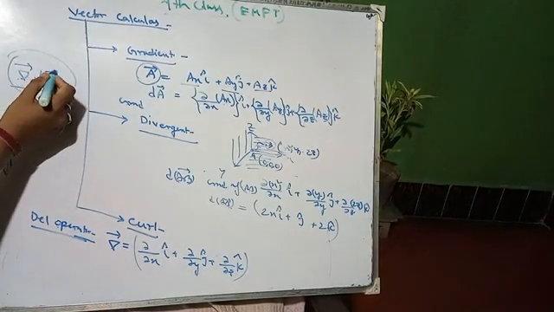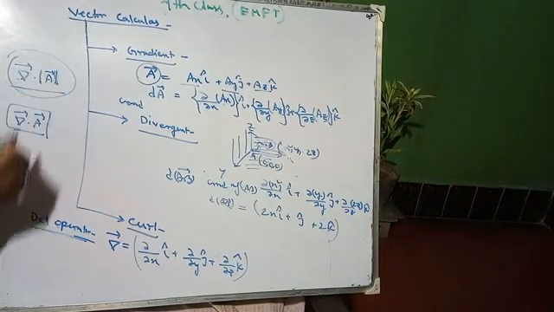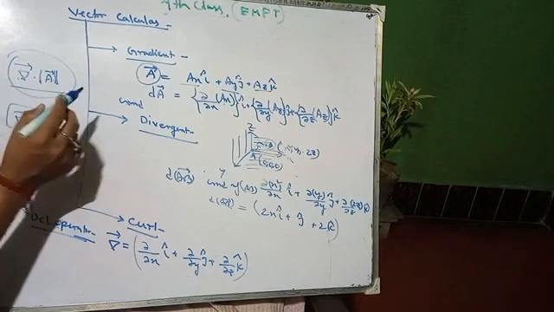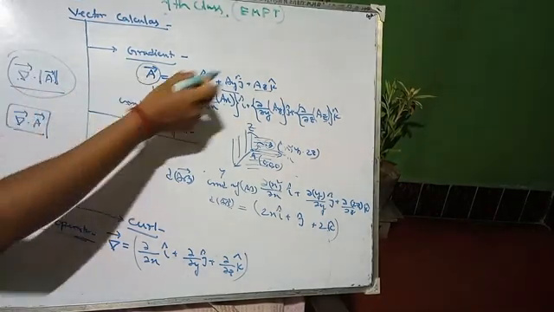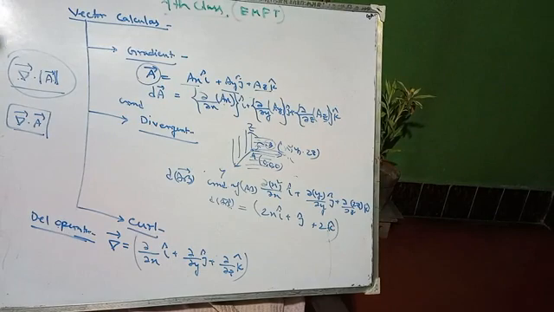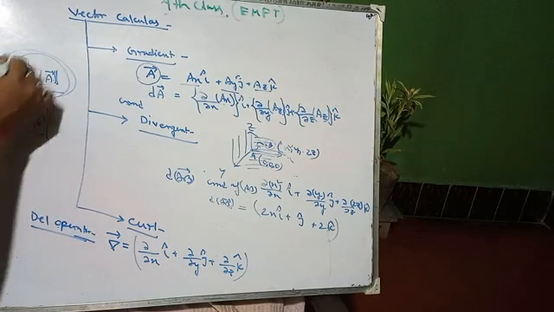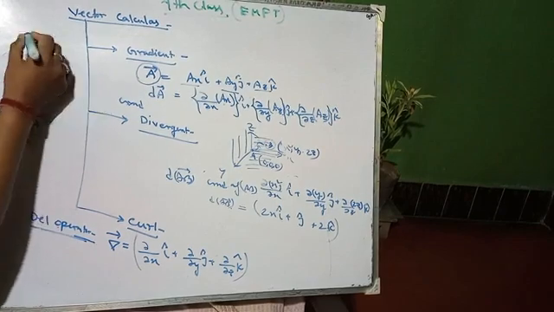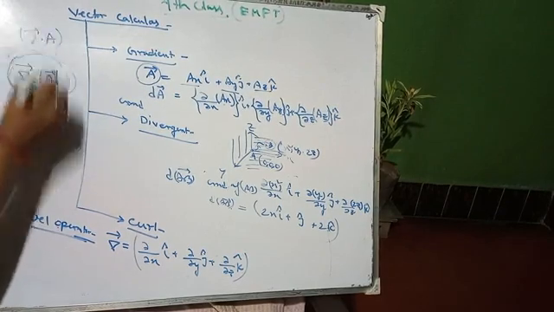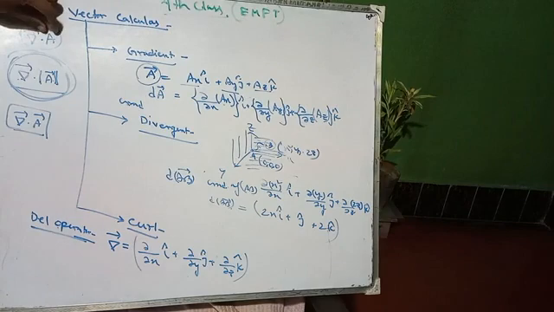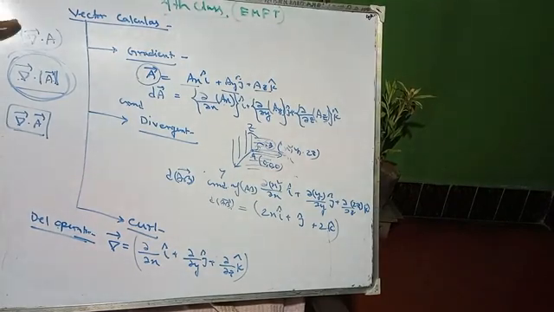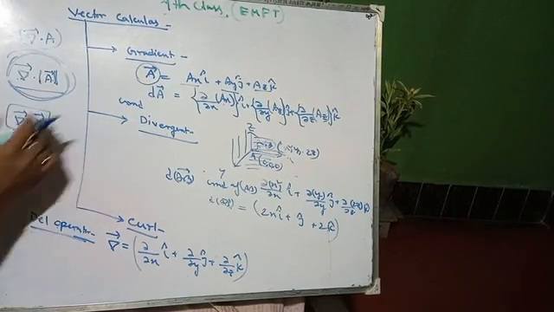This is called gradient of a. Why? Because we are taking a modulus sign. So what is the meaning of this modulus? We are taking only the magnitude. Whenever it is derivating, we cannot take the i cap, j cap, k cap directions. Sometimes it can be represented this way, with no arrow over the a. That means it is only the gradient part, the scalar part of the vector. So one of them represents the gradient, and for divergence